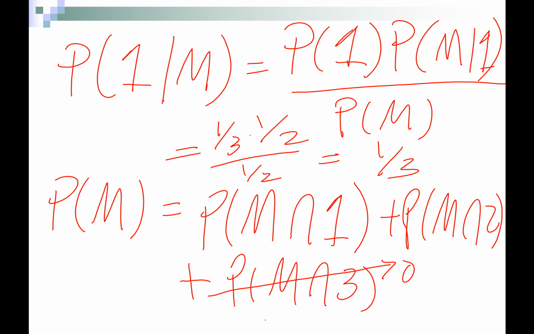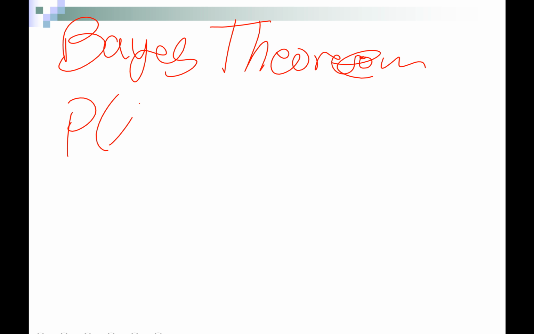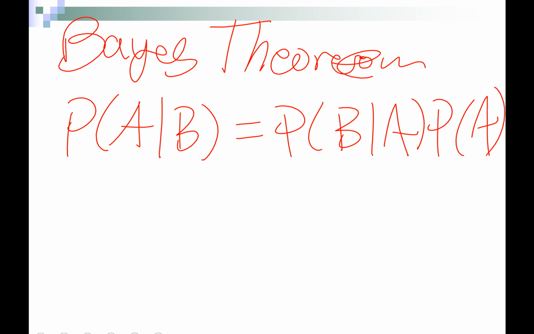So what we used here to do this calculation is something called Bayes' theorem. And Bayes' theorem basically says the probability of A given B is equal to the probability of B given A times the prior probability of A divided by probability of B. And in the interest of time, I'm not going to go through